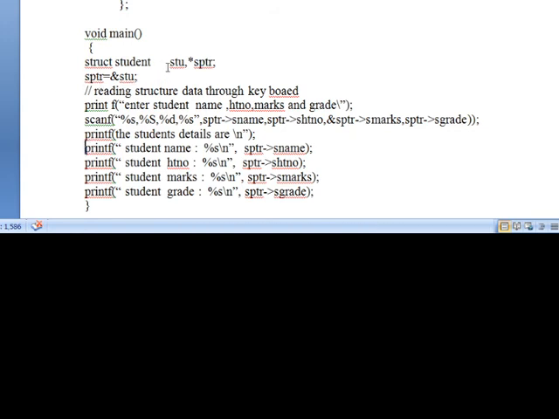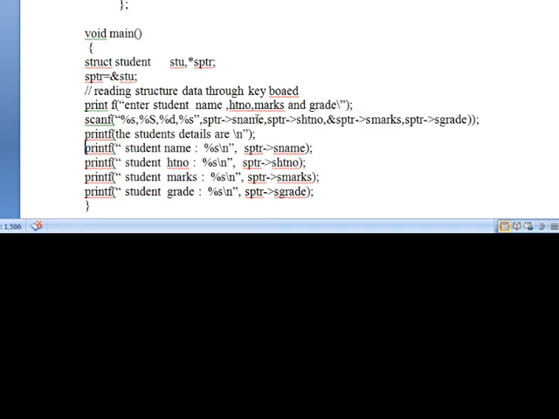To assign the structure variable address, what is the structure variable here? STU. Address means ampersand of STU. Now the structure variable STU address is assigned to SPTR. Now using SPTR we can access the data because it is a pointer. The pointer contains the structure address. Once we get the structure address, using that address, using the pointer variable, we can access it.